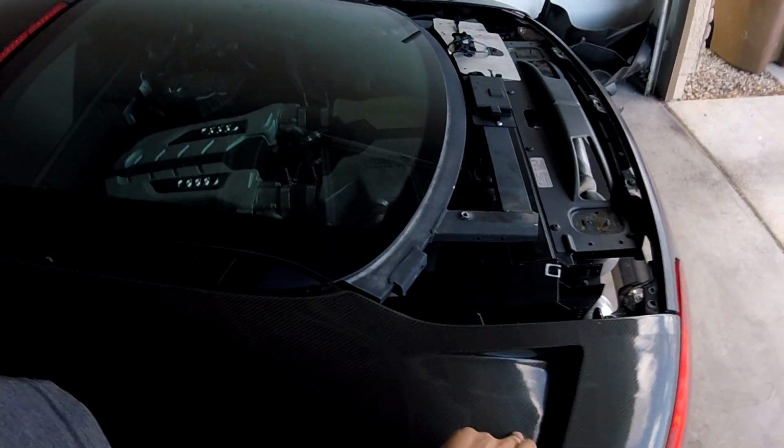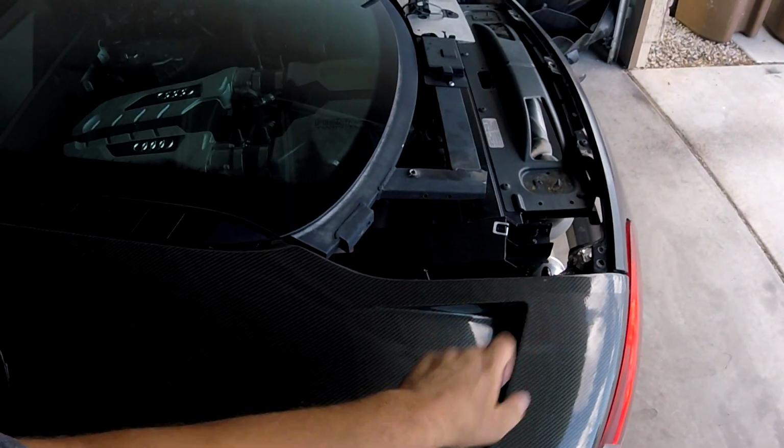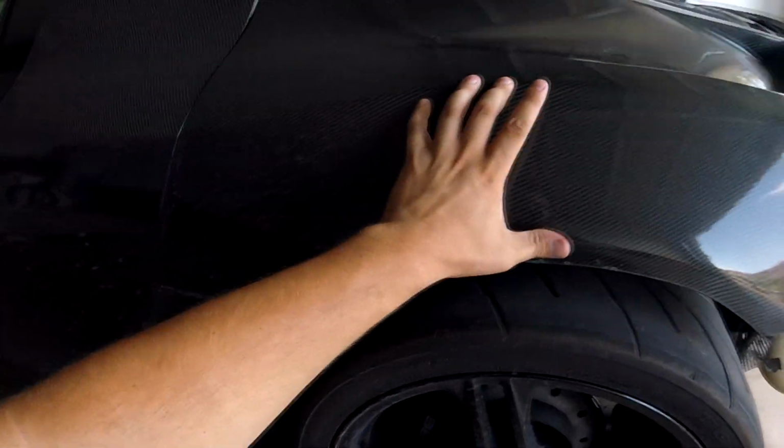I don't think the R8 had this stock, this vent. It's not a real vent, but I'm sure you can cut it out. But I don't think that's stock. But then there's flares, which is very, very weird how this body is made, because it's literally a fender flare